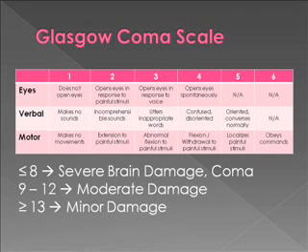The Glasgow Coma Scale is commonly used to assess the level of consciousness and subsequently the severity of brain damage. The patient is evaluated against the criteria of the scale and given a score between 3, which is the lowest score and denotes deep coma or death, and 15, which is the highest score and denotes a fully awake individual. This allows the severity of brain damage to be better evaluated and a more accurate diagnosis to be reached.